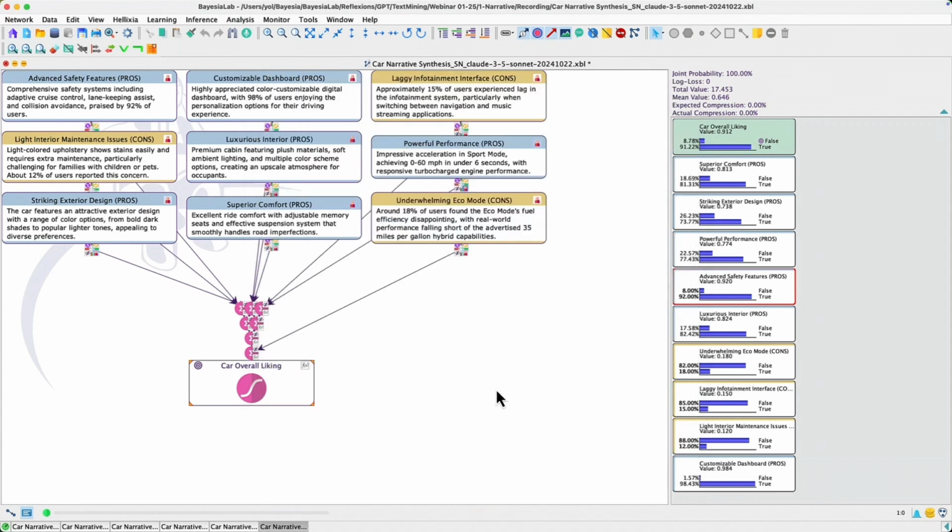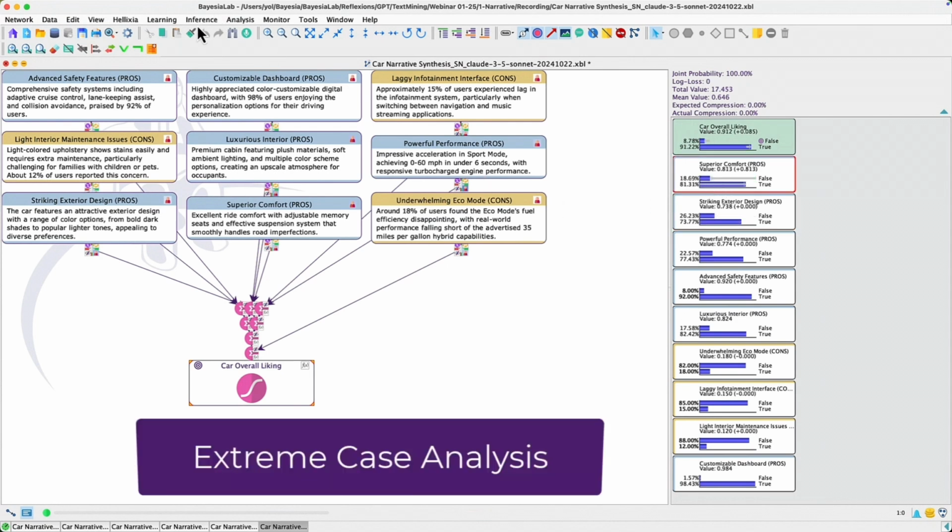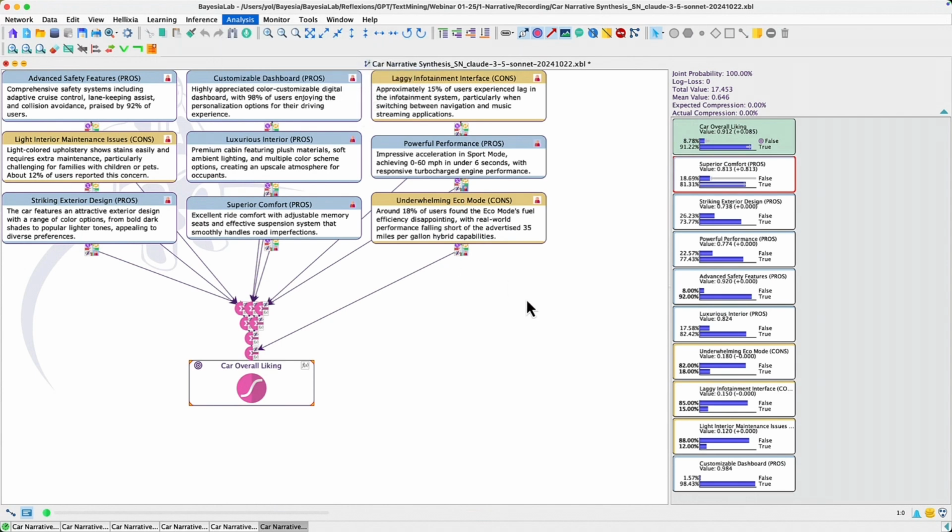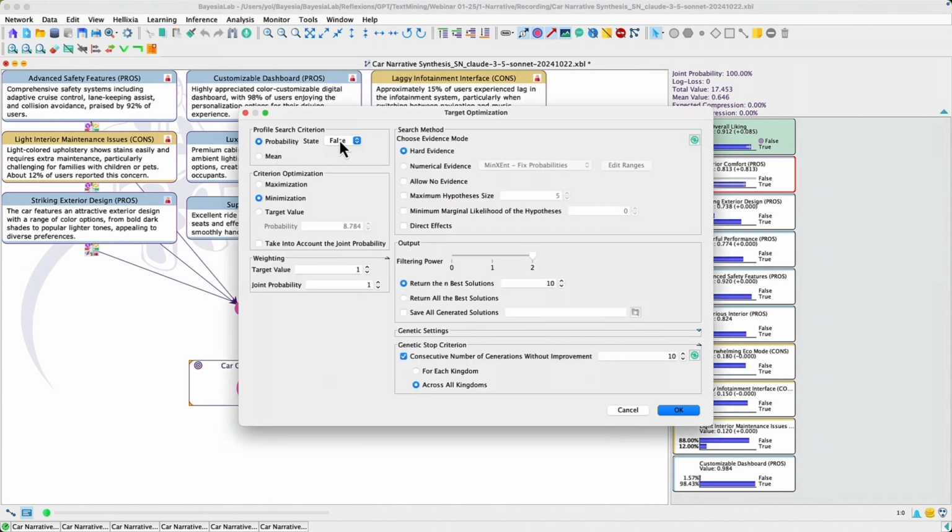So we close that, and then we can play with the network. If I set superior comfort to false and striking to false, we have automatically, obviously, an impact on the target node. And now I'm going to use BayesiaLab for generating the extreme case analysis. I want to see what is the worst case scenario and the best case scenario. So I'm using a genetic algorithm for that.